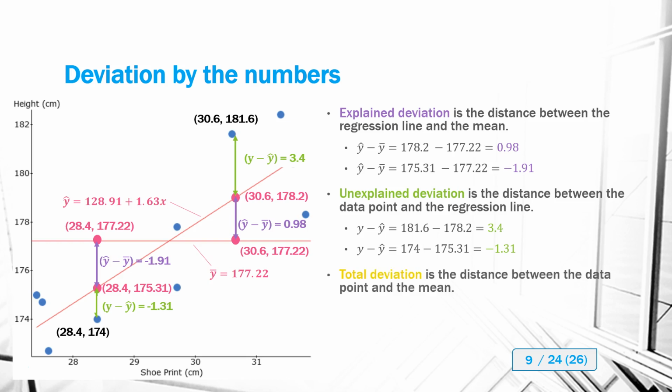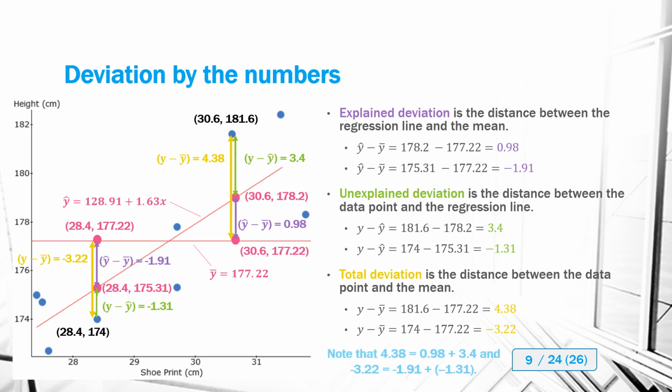Total deviation is simply the distance between the data point and the mean. So for the first data point, that's going to be 4.38. For the second data point, that's going to be negative 3.22. Now, notice how I can get the same value. If I take, for the first data point, 181.6 and subtract out the 177.22, that's that total distance there,